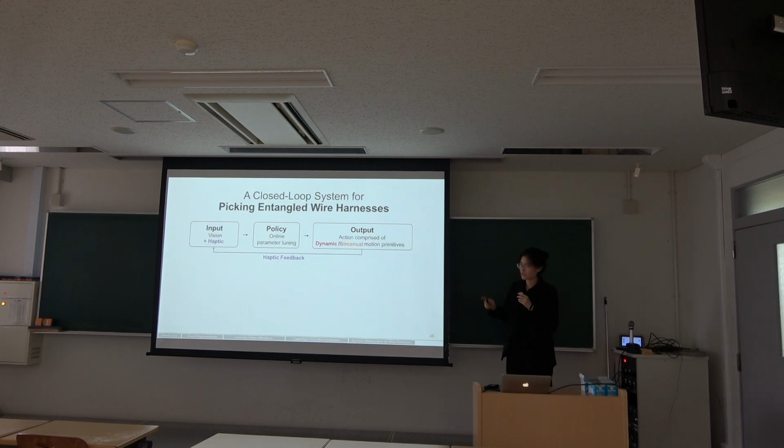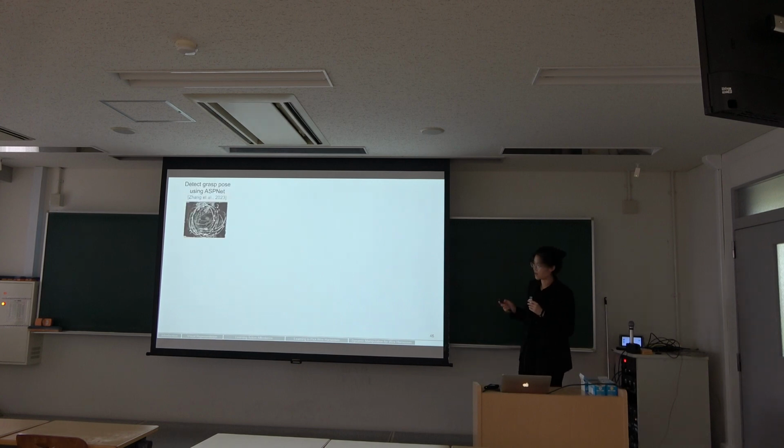And we use dynamic and bimanual manipulation to disentangle the objects. And we close the loop of the system using haptic feedback and online parameter tuning. And here is how our policy works. Specifically, after detecting the grasp pose using the learned vision module from our last work, ASP.NET, the robot grasps and